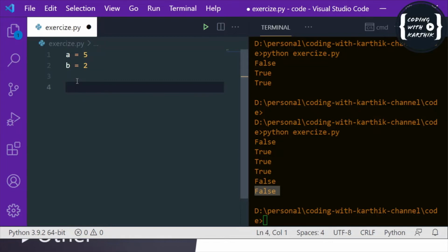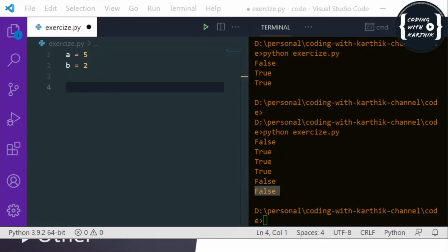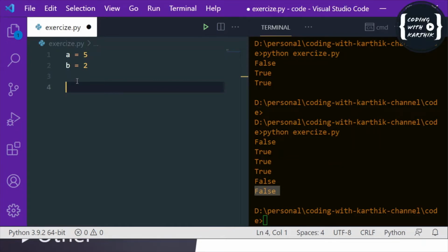Before, you have seen the comparison operators, which are for conditional statements. So using these logical operators, we can combine those conditional statements together. Let's say you have multiple conditions and you want to check whether all the conditions are satisfied, then you can use these logical operators.